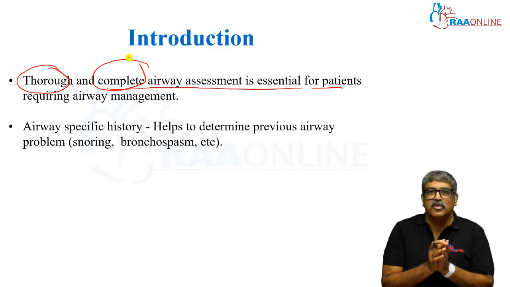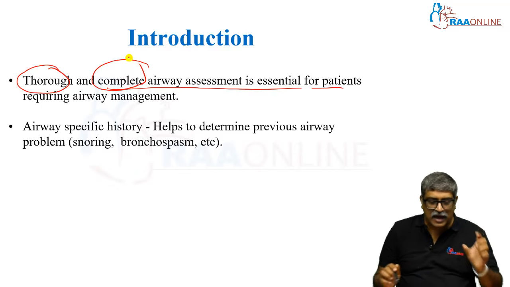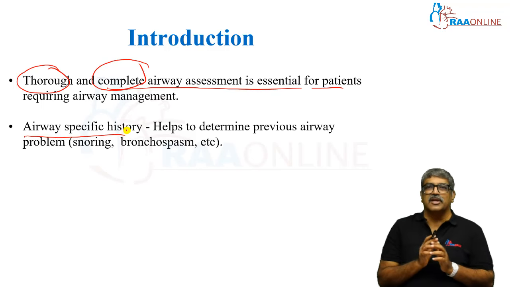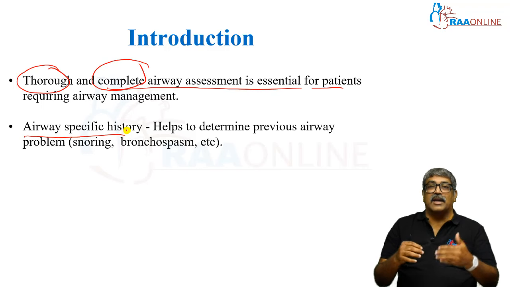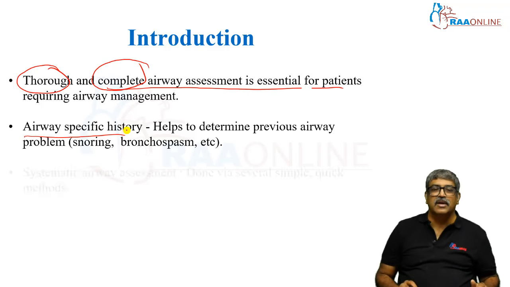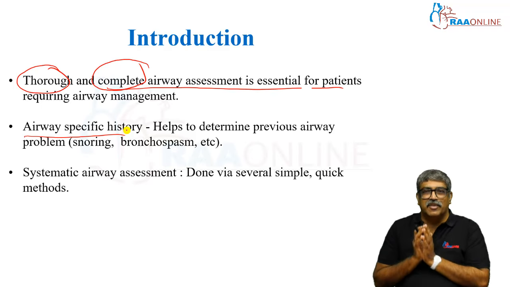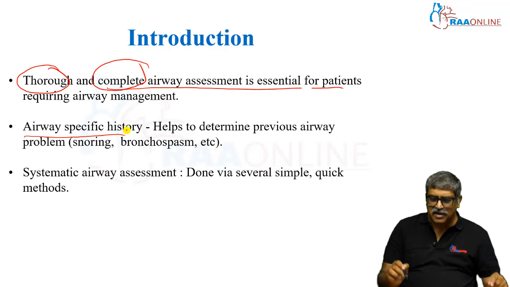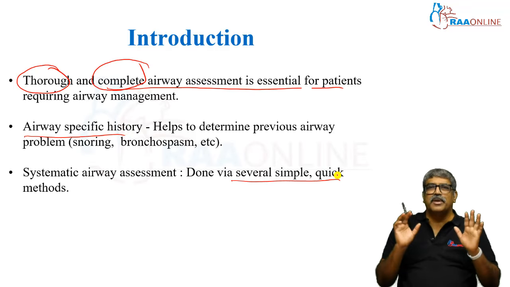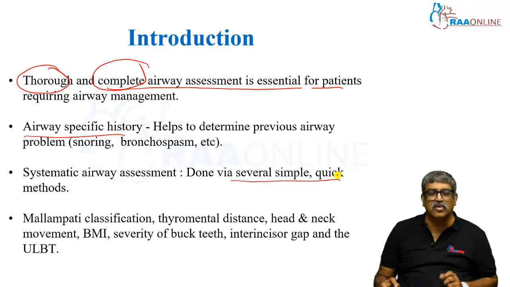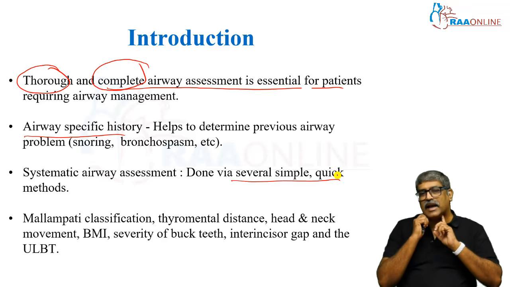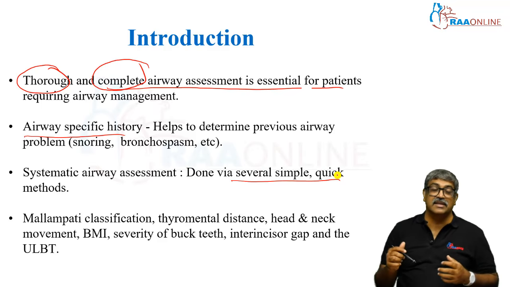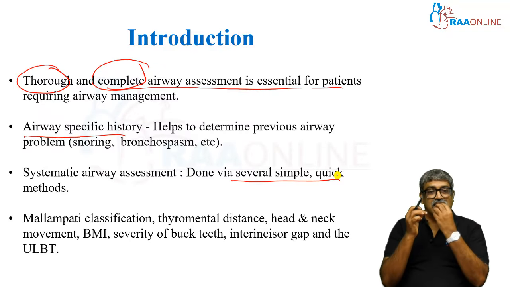The first and foremost thing which we do in the preoperative period is get a good airway specific history. You should be able to detect any problem related to the airway like snoring or bronchospasm. Next is a physical examination of the airway. This is done with several simple quick methods. This includes Mallampati classification, thyromental distance, head and neck movement, body mass index, buck teeth, interincisor gap, and